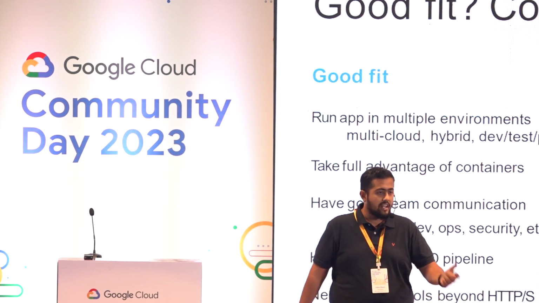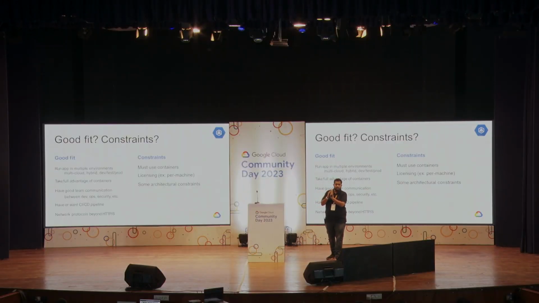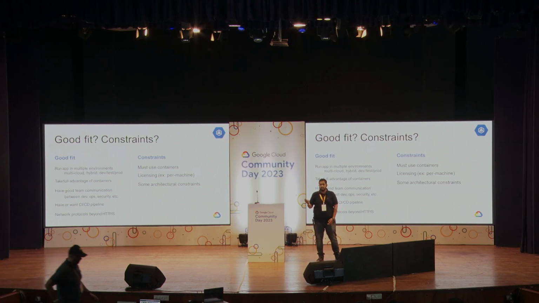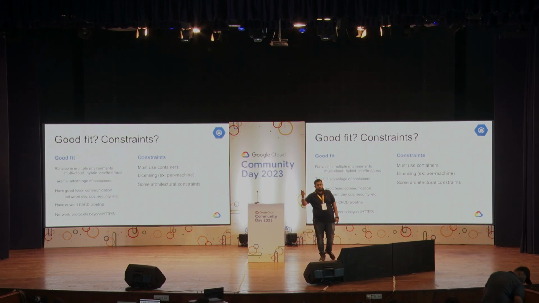One more constraint is licensing. There are a few licenses which are specific to one machine. But if you are scaling in Kubernetes, your machines will scale, but your license will not, right? So you'll have to have that figured out earlier. If I need to scale my machine from 1 to 3, I'll have to have 3 licenses in place. This is for licenses which are machine specific.